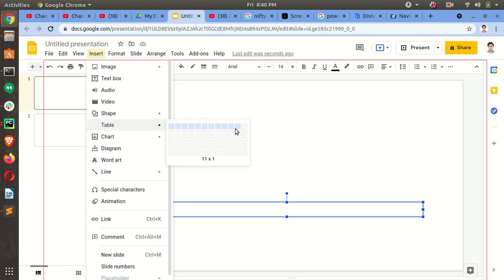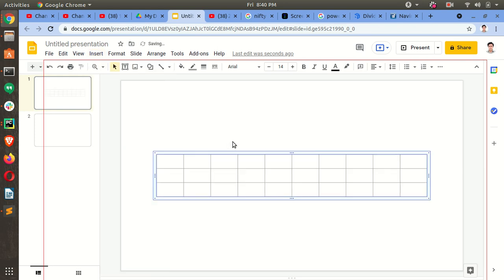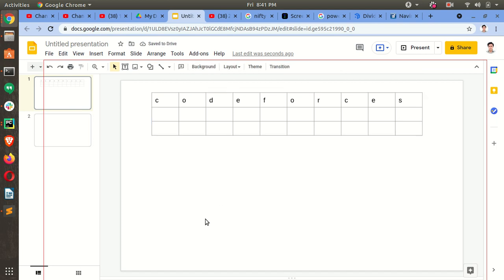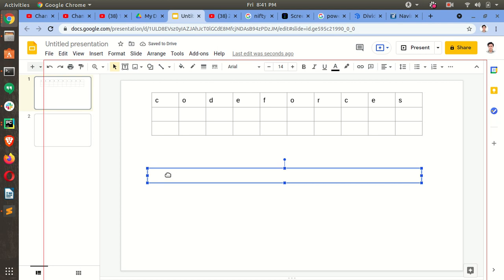Basically there are 10 characters in Codeforces: C O D E F O R C E S. Let's try to understand it. We will take the count of each character.